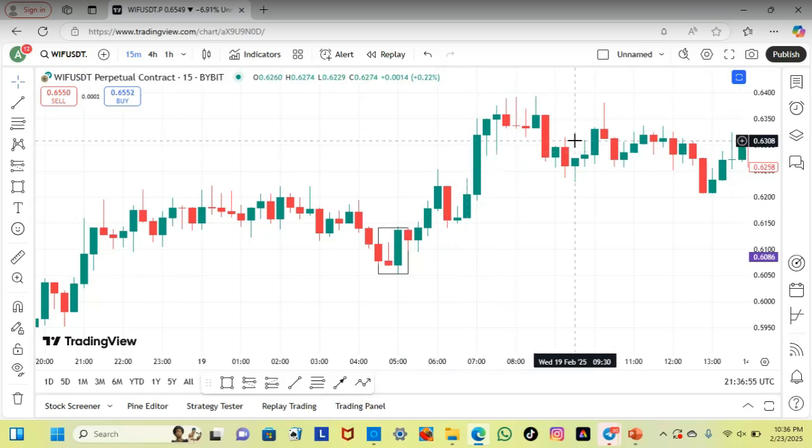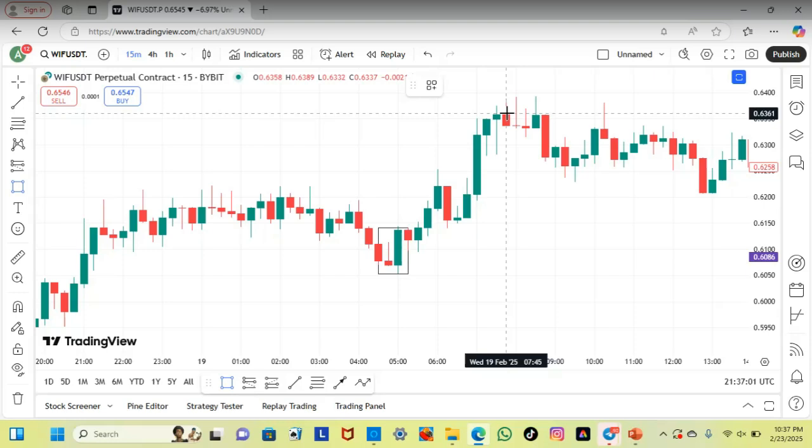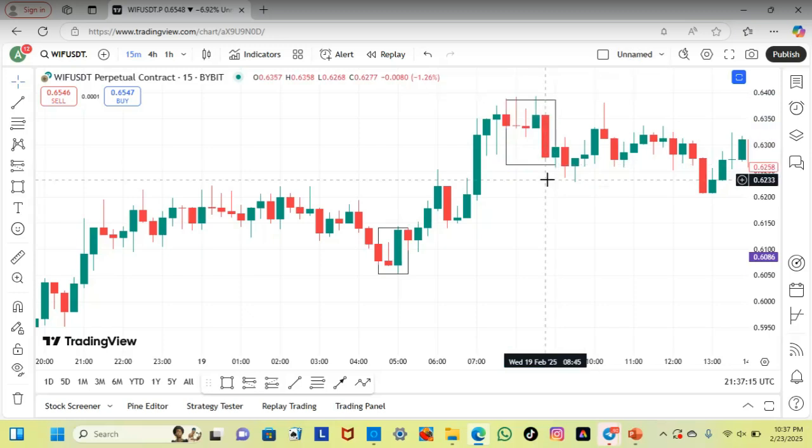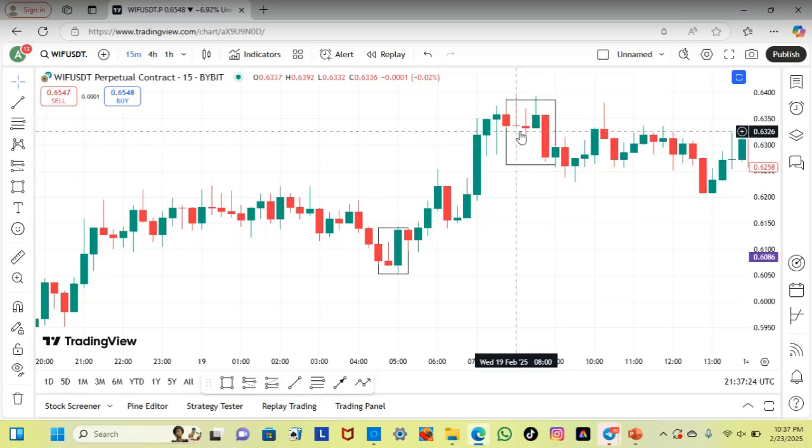And before the pullback came here, you can see multiple confirmation here, before the market pulled back to the downside. First of all, if you look inside this box, you will see a long leg doji where the body is at the bottom. Then you will see a shooting star. You see a small body, a small lower wick, and a long upper wick.